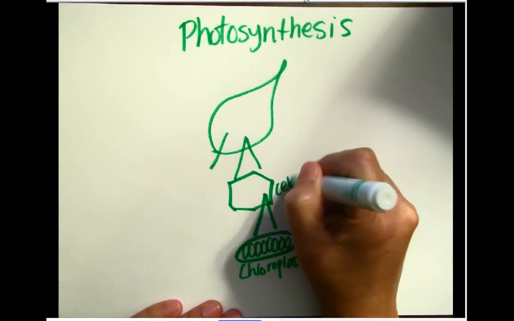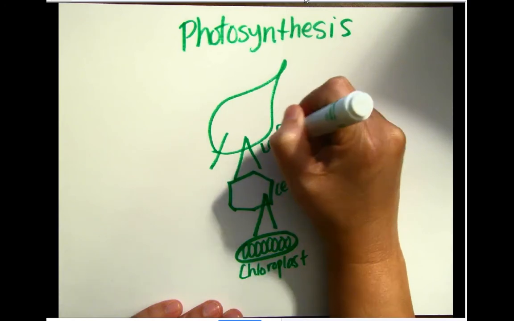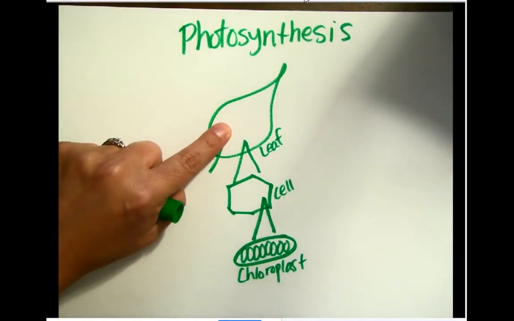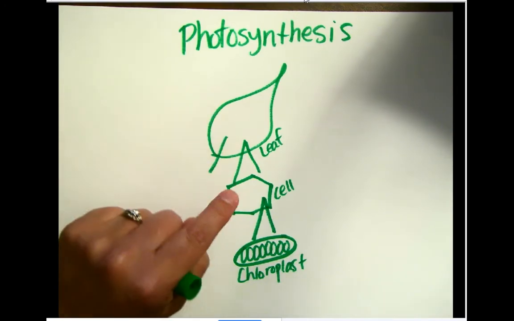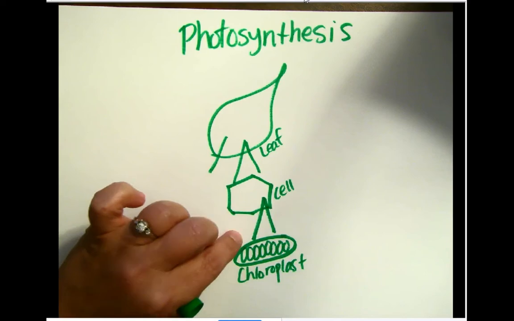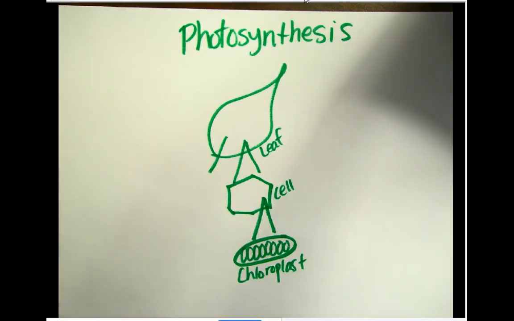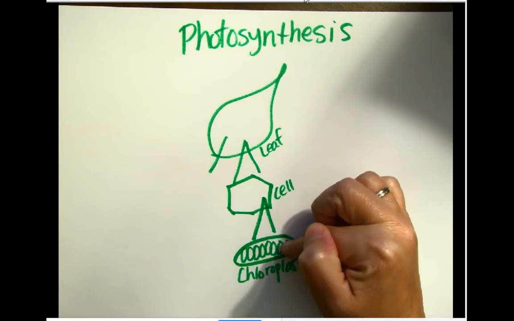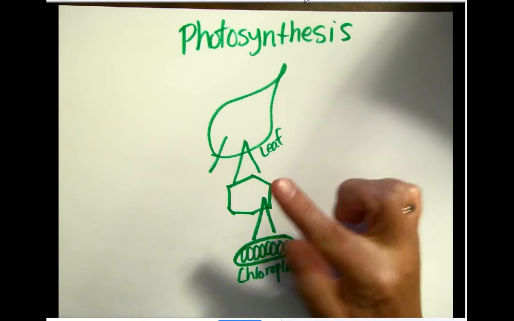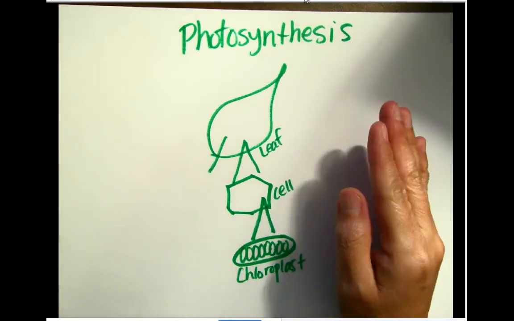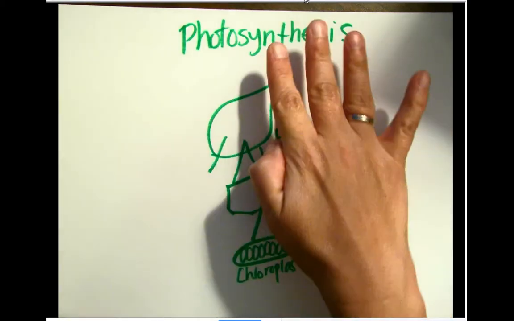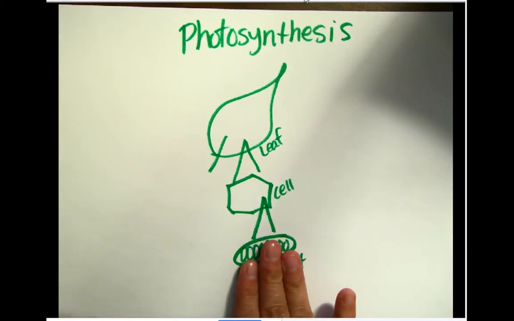This is a plant cell, and this is a leaf. And we're drawing a leaf because photosynthesis happens in the leaves. That's where you'll find most of the chloroplasts. Okay? Not every cell in a plant has chloroplast. You notice that there's some parts on plants that are not green. Those parts and those organs don't have chloroplast. So let's talk about photosynthesis happening in the chloroplast.